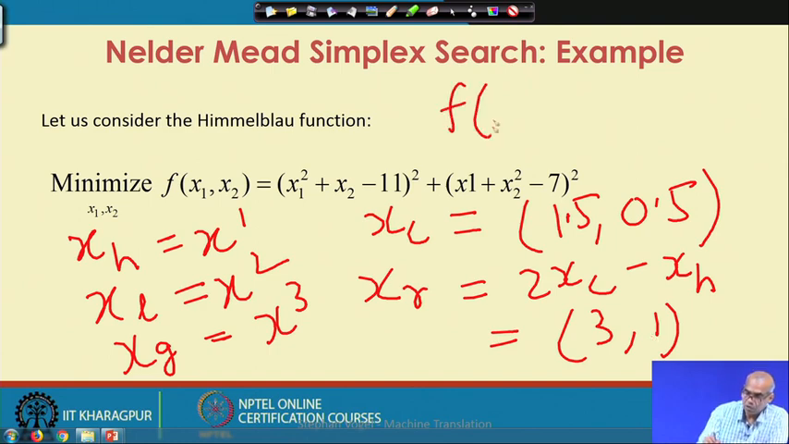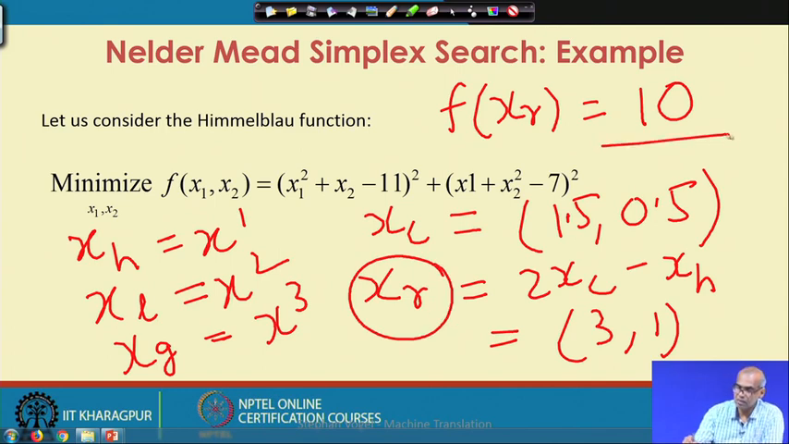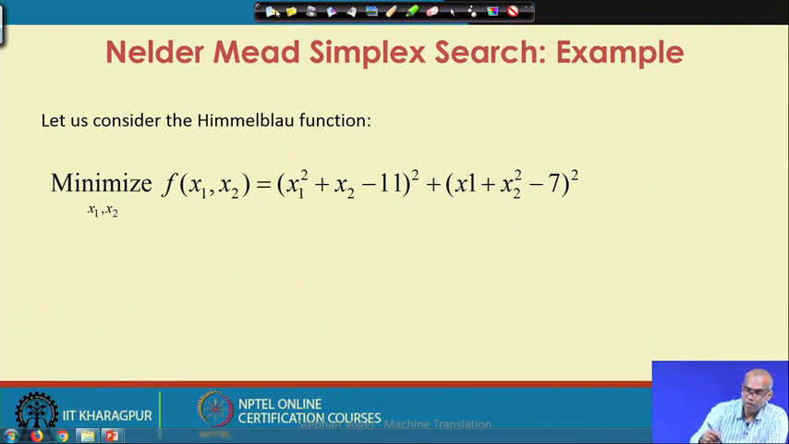If I obtain the function value at xr (3, 1), I get the function value as 10, which is best among all, because as of now the best was 74. So, I would like to expand this, because this is the best among all. So, how do I do that? To expand,